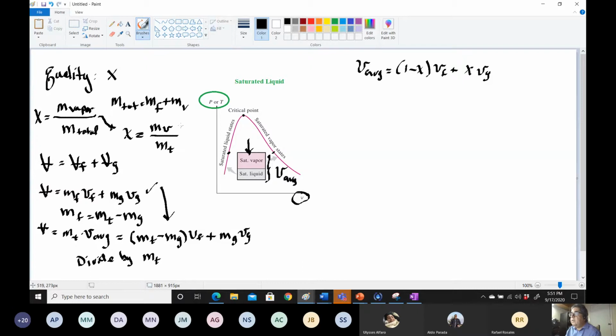Actually, we don't write mass of the vapor, we write mass g divided by mass t. It's important that I give you this correctly. Since x is equal to that, then therefore we say V average